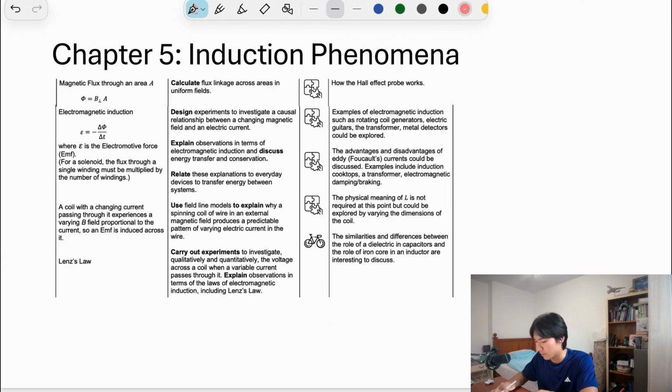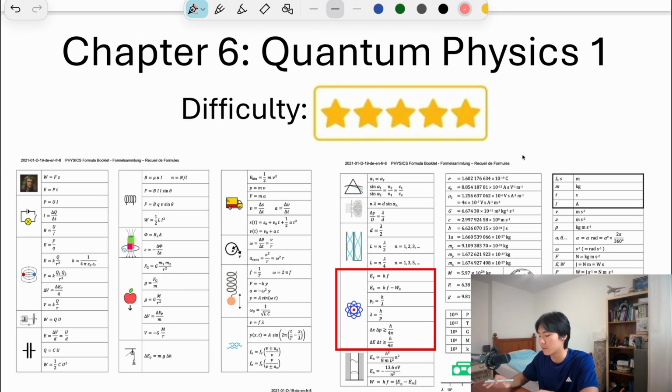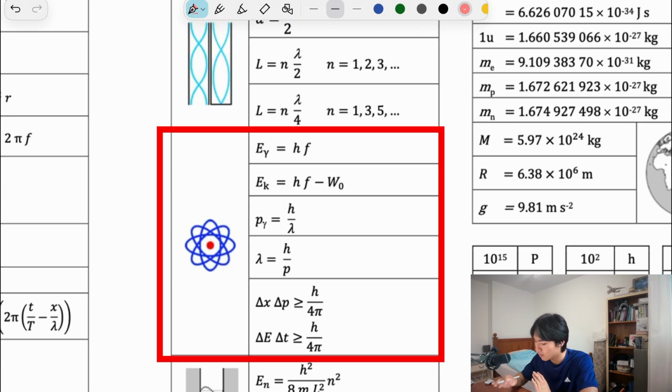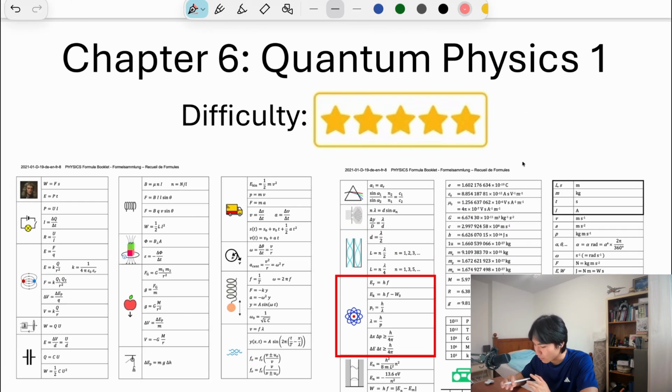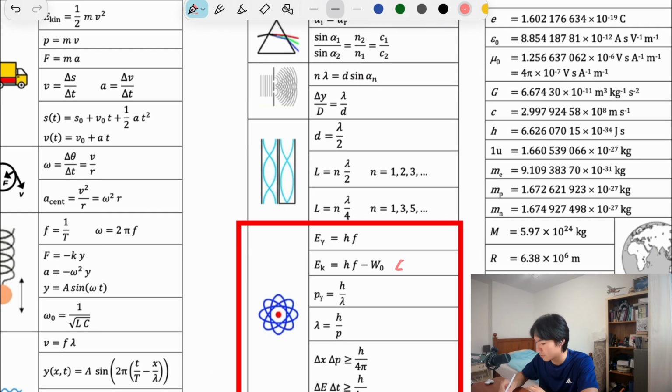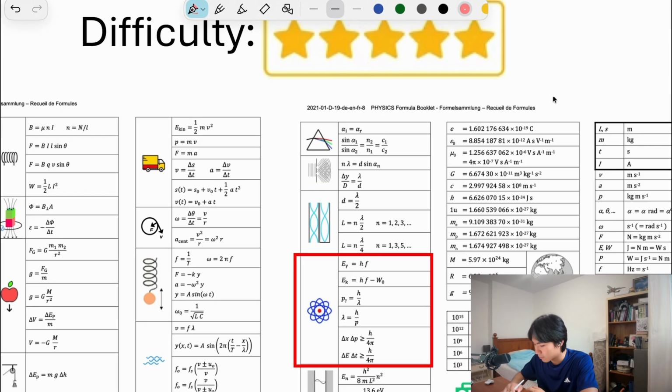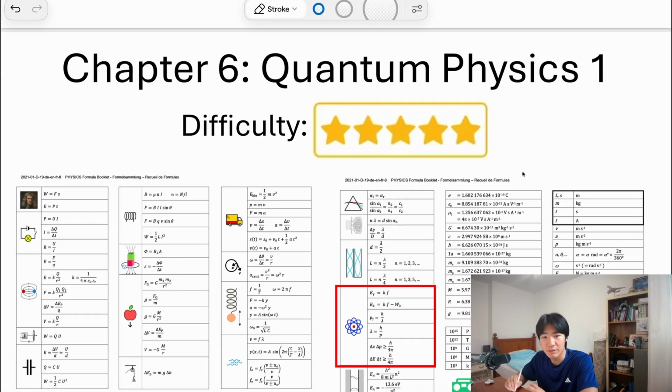So chapter 6 is going to be part 1 of quantum physics, and it's hard. As I said before, it's not too hard, but it is fairly difficult compared to the other chapters. And these are the equations we're going to be studying. For this chapter, the main difficulty comes from trying to visualize what each of these means. It took me probably a couple of days just to understand, for example, the photoelectric effect equation here. So it is difficult, I would say, but